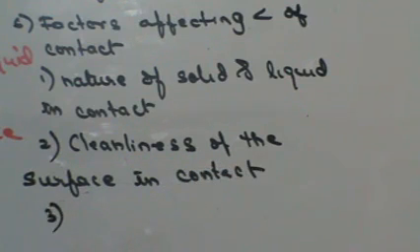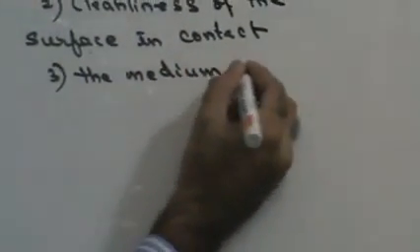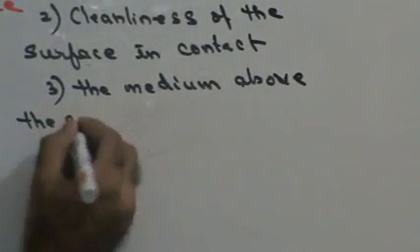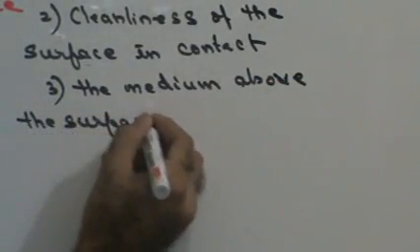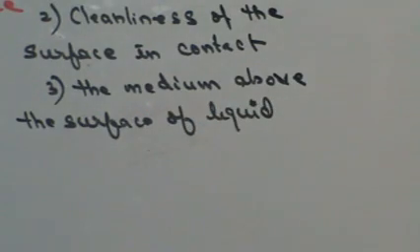And the third factor is the medium above the surface of the liquid. Above the surface of the liquid. So these are the three factors that affect the angle of contact. Fine, do we get this in clear? Next,